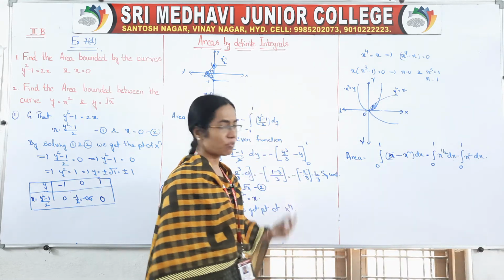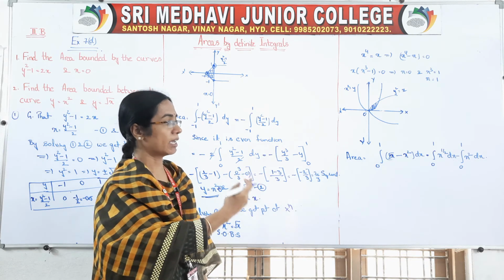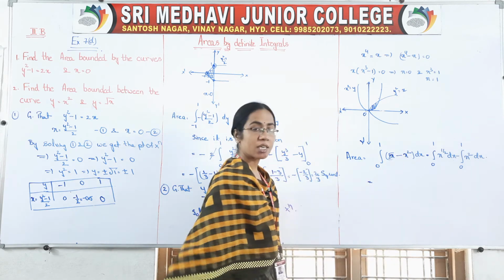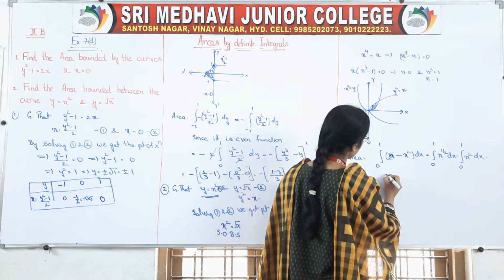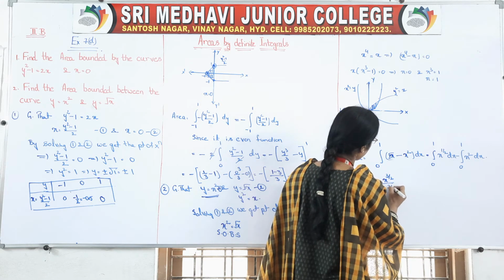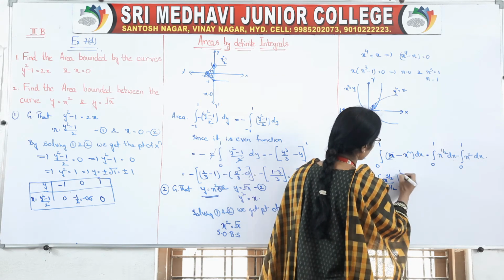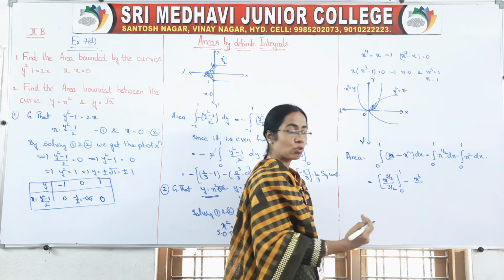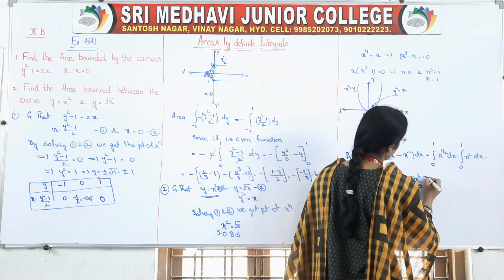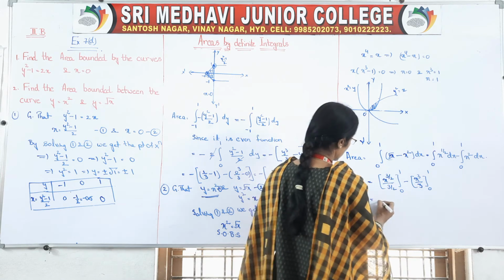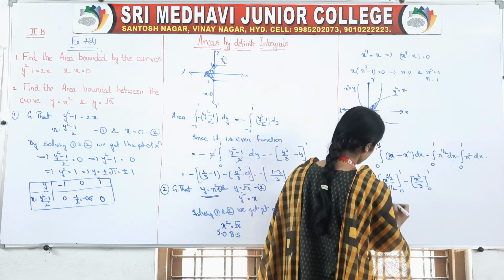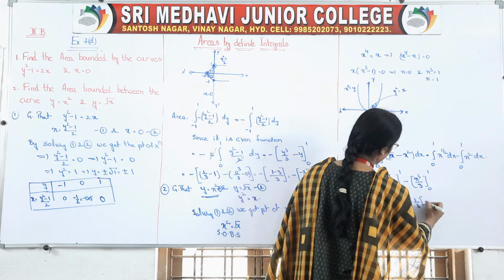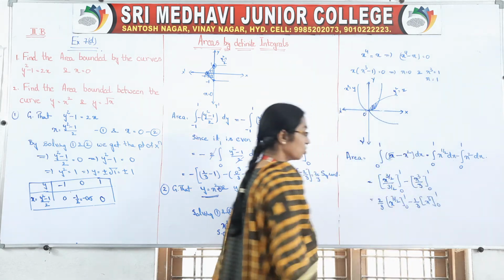Okay, so x to the power of n form, both are integral x to the power of n, x to the power of n plus 1 by n plus 1. So is equal to 1 by 2 plus 1 is 3 by 2, right? So x to the power of 3 by 2 by 3 by 2, the limits are 0 to 1 minus x cube by 3, isn't it? X to the power of 2 plus 1 by 2 plus 1, x cube by 3, and the limits are 0 to 1. So we can write this as 2 by 3 x to the power of 3 by 2, 0 to 1 minus 1 by 3 x cube, the limits are 0 to 1.